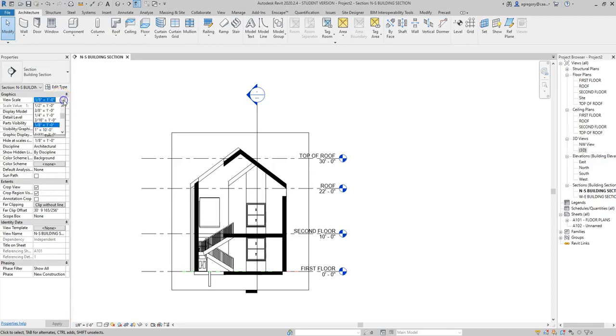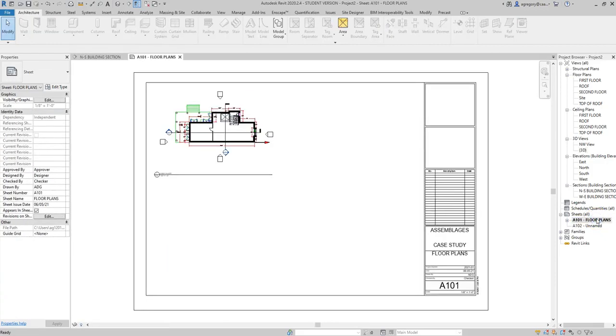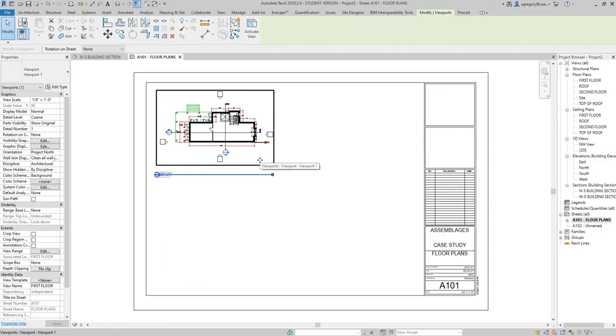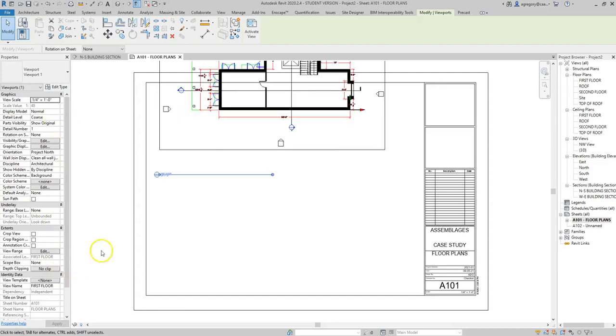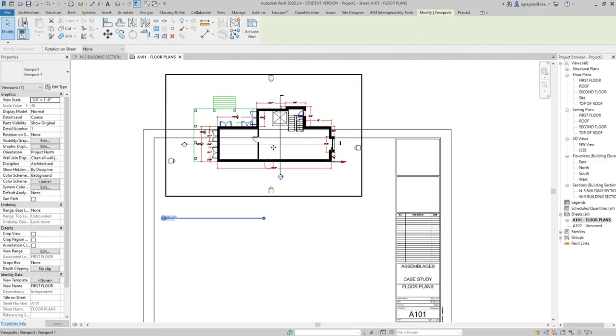This scale is adjustable with different settings that are in Revit, and what you want to do is adjust them based on any project requirements and assignment requirements, as well as how drawings fit on sheets. Remember when we developed the sheet earlier, we had a floor plan, and if we click on that view, even if it's on the sheet and we change the floor plan, we'll then see the impact of how it fits on our sheet. Revit, because it's a building information model, is very smart, and it scales all of the different symbols like our elevation symbols, our building section symbols, and dimensions and notes when we add those,